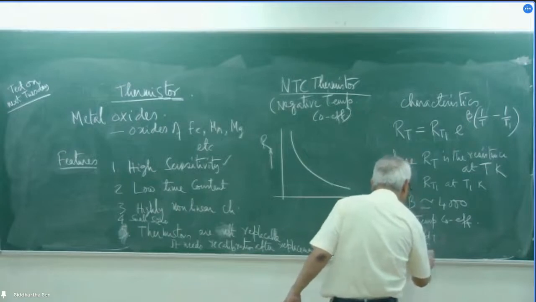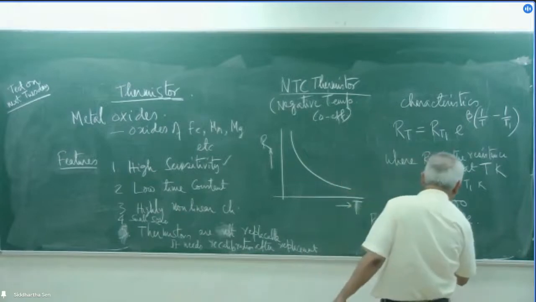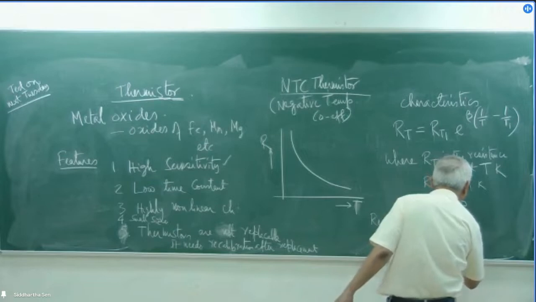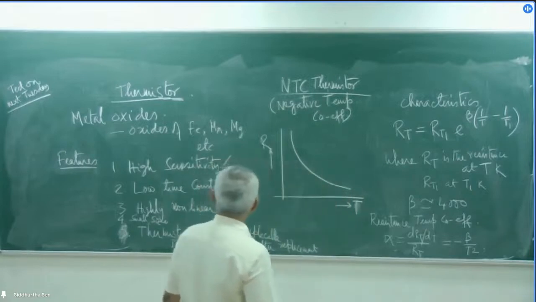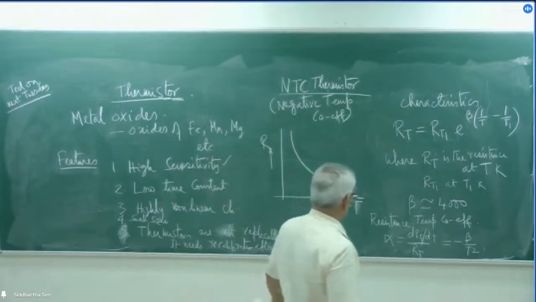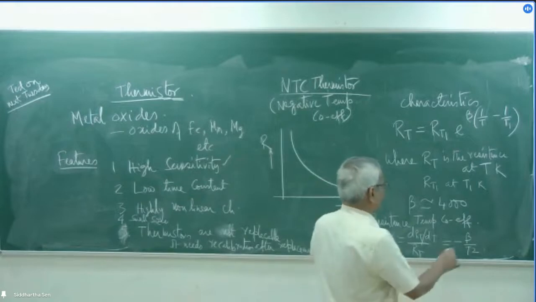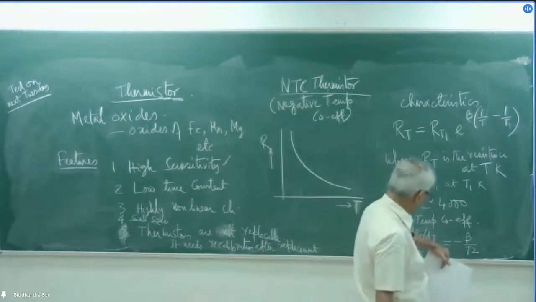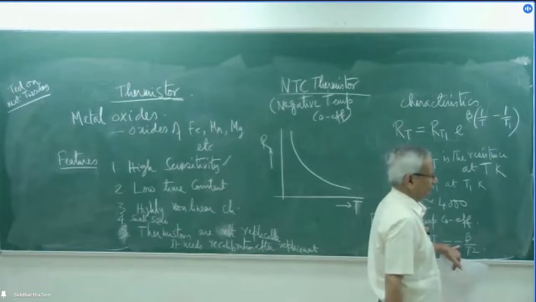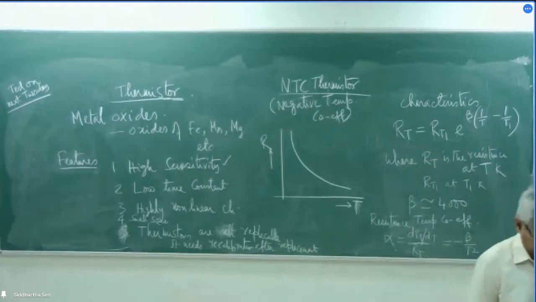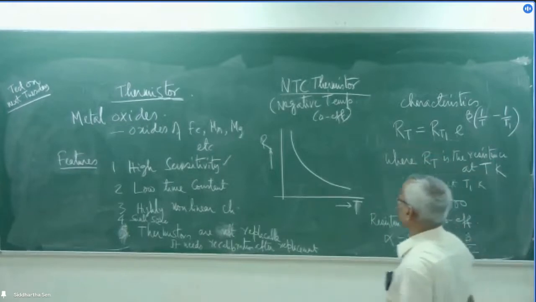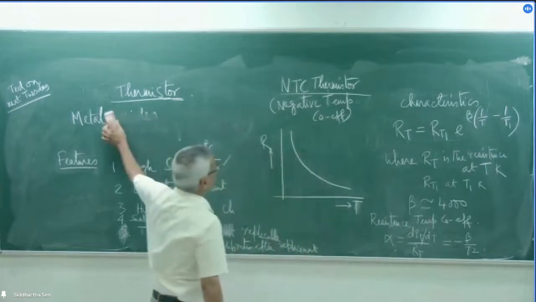You can solve it and find out that this is equal to minus beta divided by T square. So this is the resistive temperature coefficient, and if we compare it with an RTD, what we can see here is the negative temperature coefficient, and as a result the resistance decreases with temperature. There are also some other forms of expressions